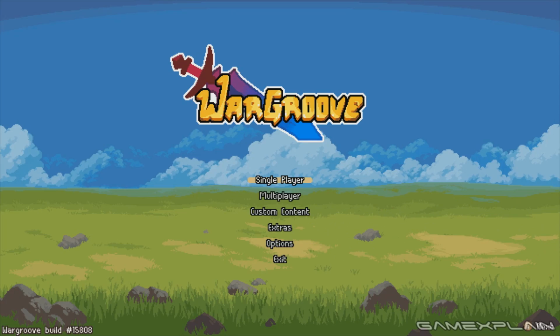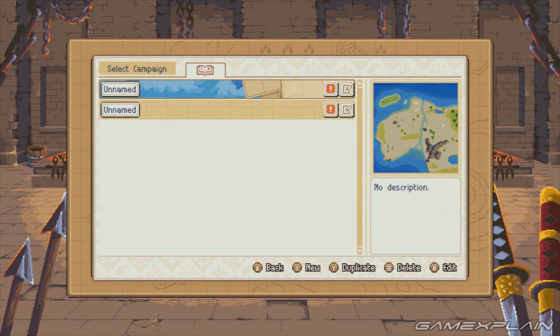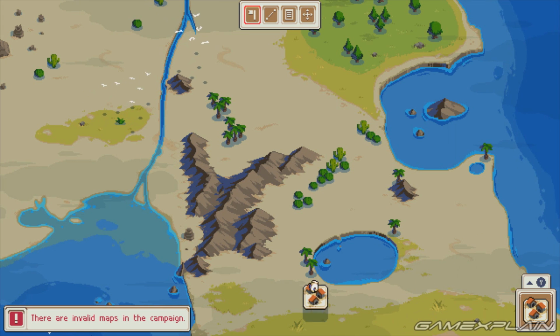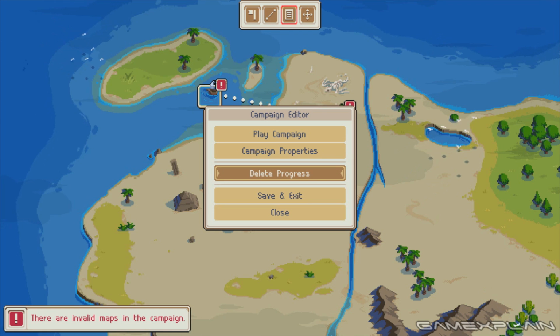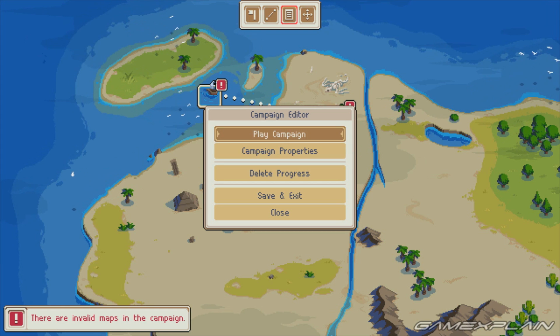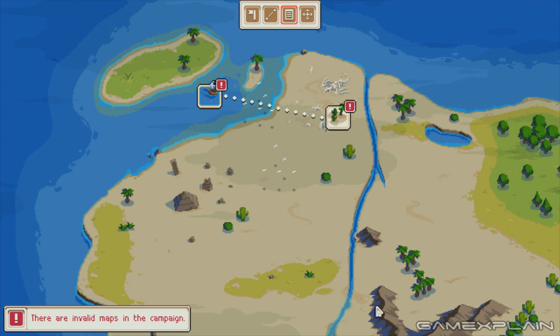Let's get our typical error for whatever reason. I messed that up. And I think, yeah, this is my new one. So let's go ahead and edit that. Oh, this is my old one. Okay. As you can see, though, I actually created something in preparation for this. Let me see here. There we go. Delete progress. Oh. Anyway, as you can see, we have